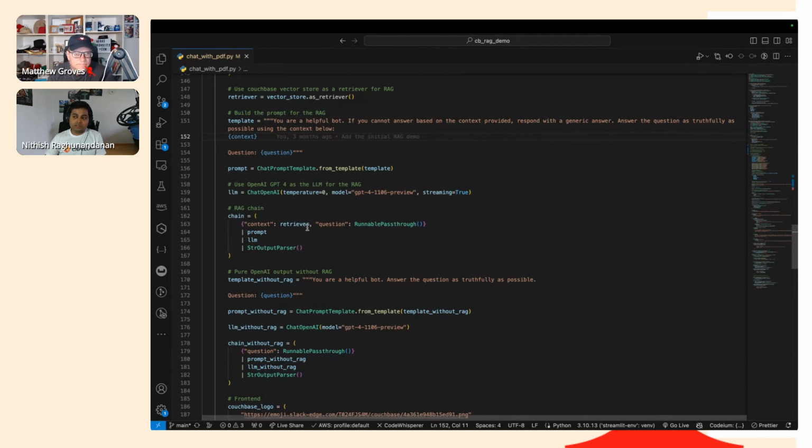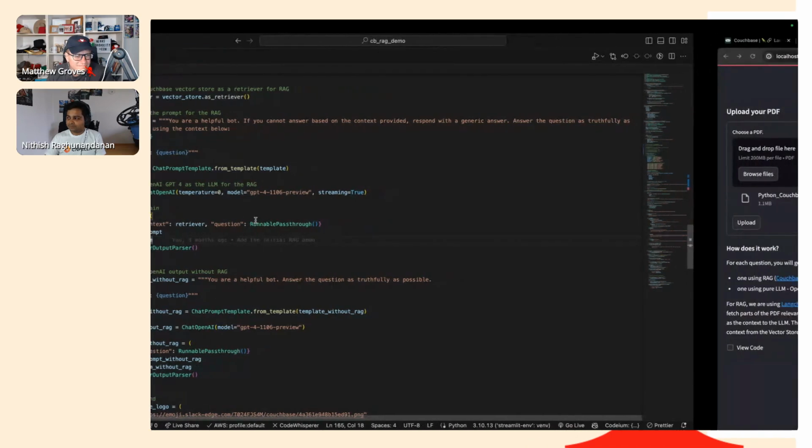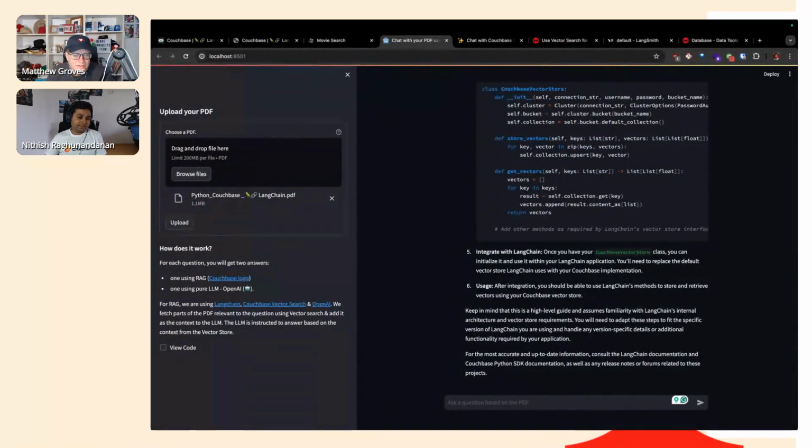The context is coming from your vector store, all the documents that are relevant to the question, and then all of this is shipped off to the LLM, and your output is then just formatted. So that's essentially how it works.